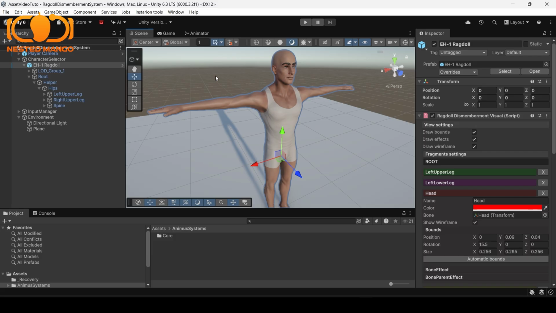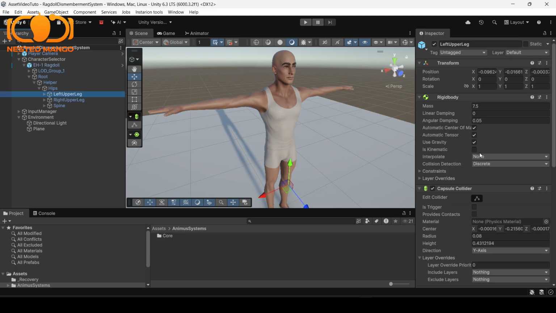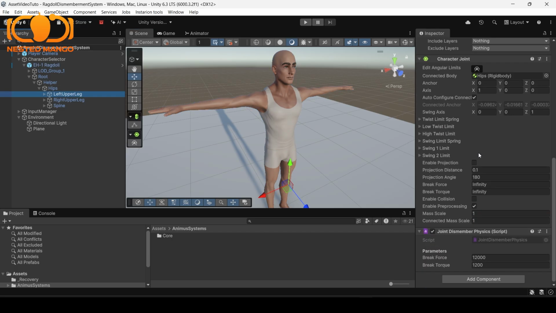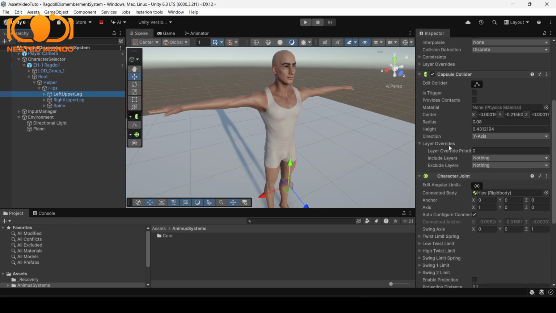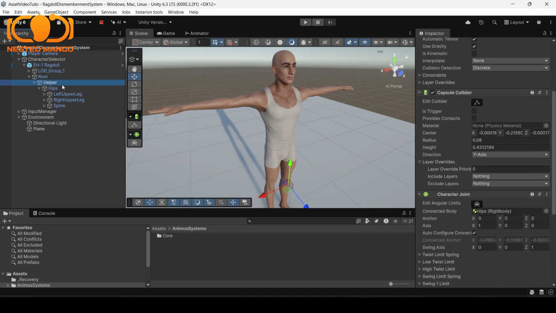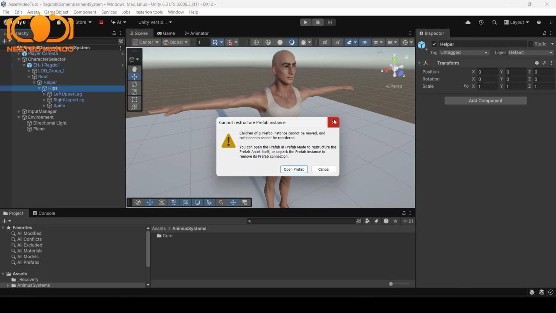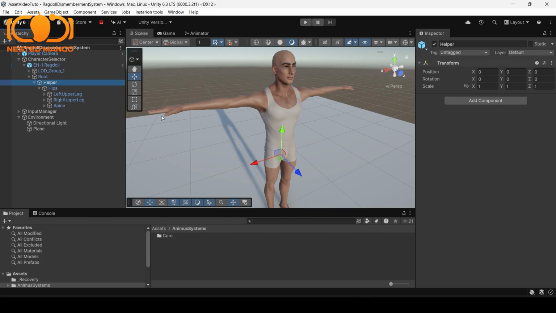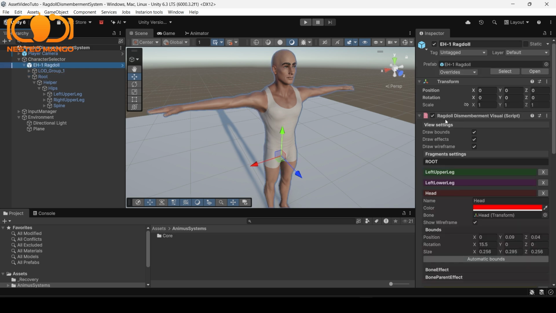So first of all you have to import a new character, and on that character you have to import the Ragdoll system. You will see that we have implemented that, and it's a simple thing. Whenever you are going to implement Ragdoll, there should be a rigid body, capsule, and character joint on the bones. These are the bones where we have implemented the Ragdoll effect. After implementing the Ragdoll effect, what is the next step? The next step is adding the Ragdoll